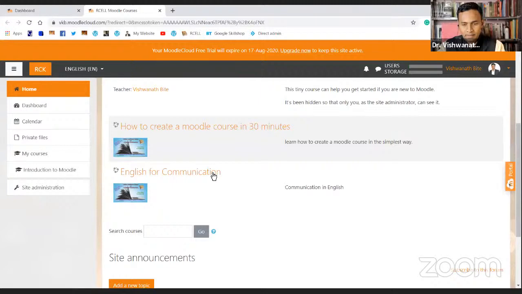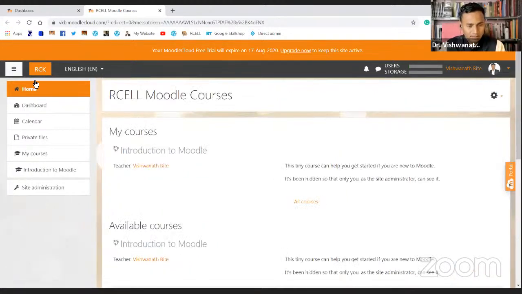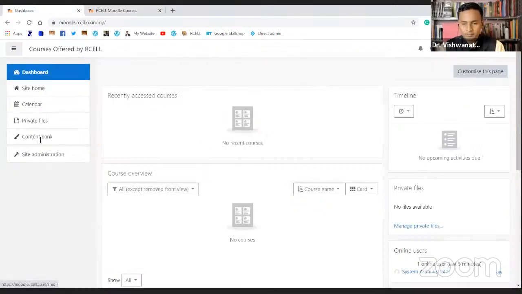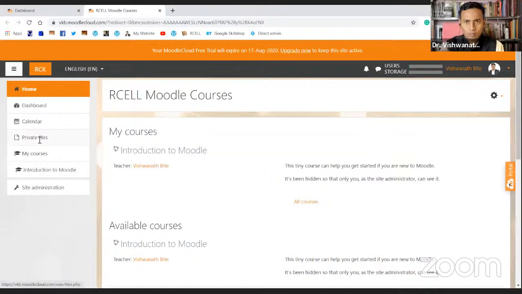And this is on my personal website. If you see, it is the same thing. The menu on the left-hand side is the same here and here also. So when you are using Moodle Cloud, it is exactly like using your own website.